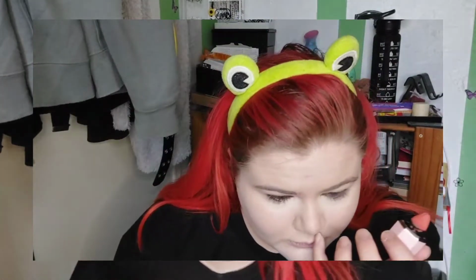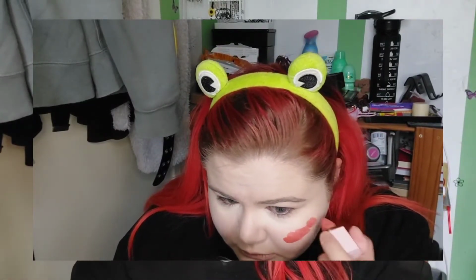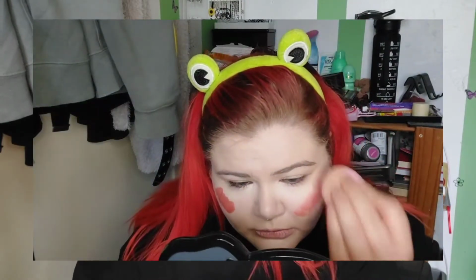The next step that I've got is I'm just trying to use up my concealers and powders. I don't have a favourite concealer other than the Too Faced one. But yeah, this is another Shein product. This is the She Glam Colour Bloom Liquid Blush in the shade Devoted. 1, the packaging is adorable. 2, the smell, it smells really nice. It's like vanilla-y. It's so nice. 3, I love the